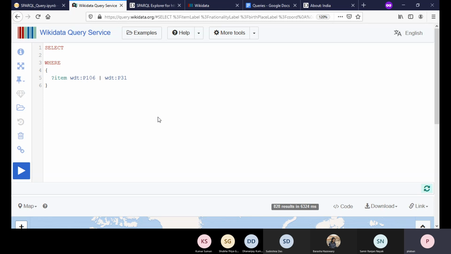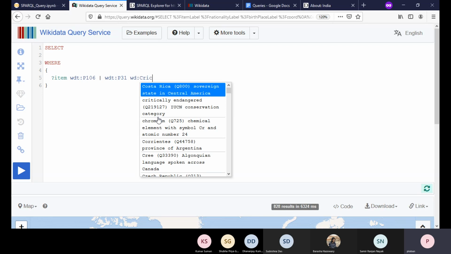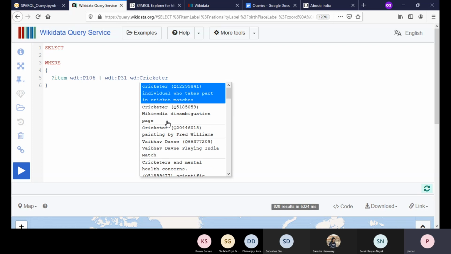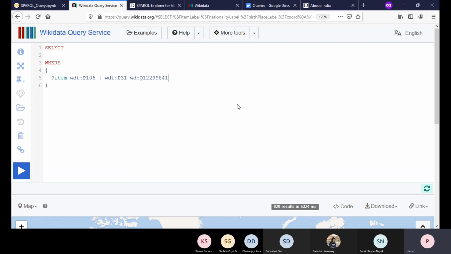So how do we do that? WD, then control space, cricketer. Yeah, we have got one cricketer here, right?